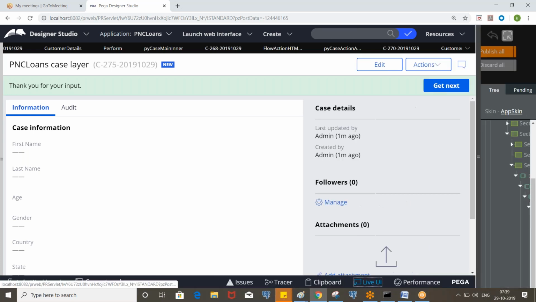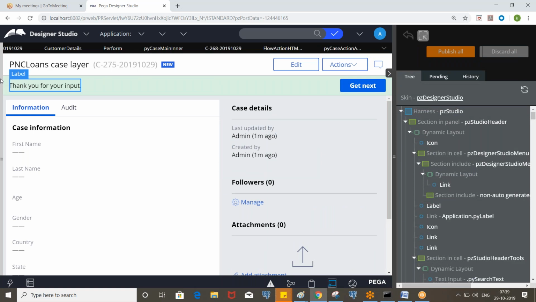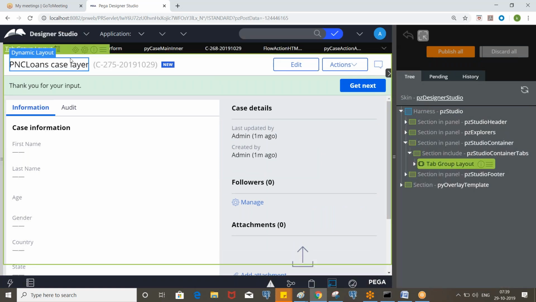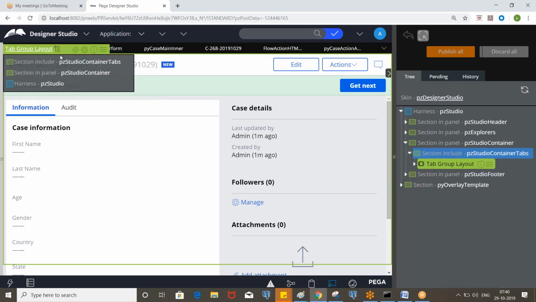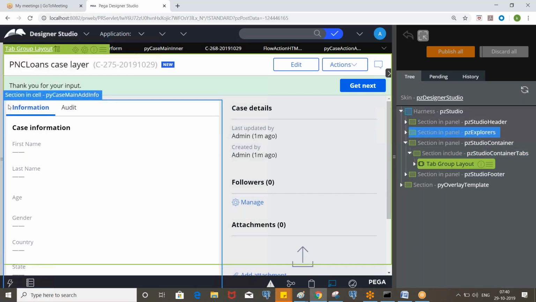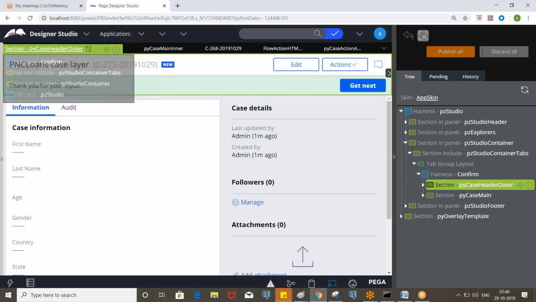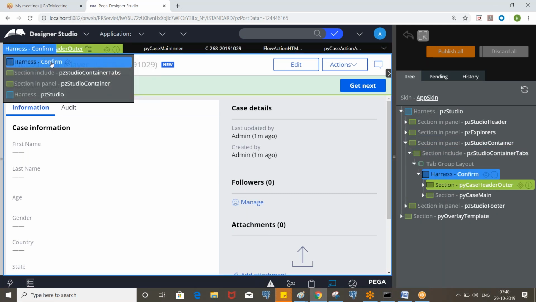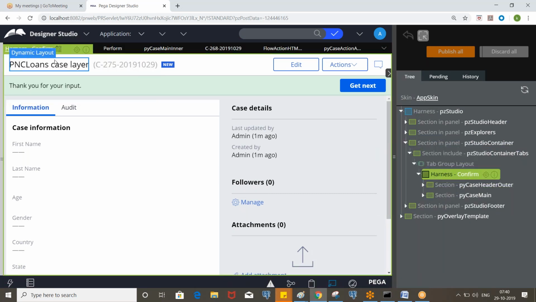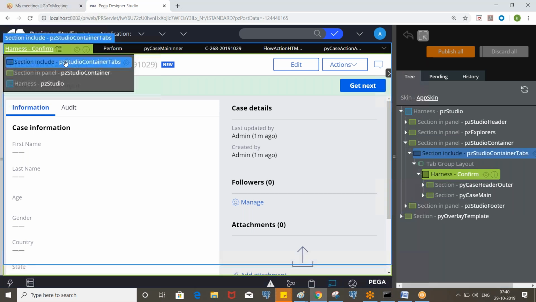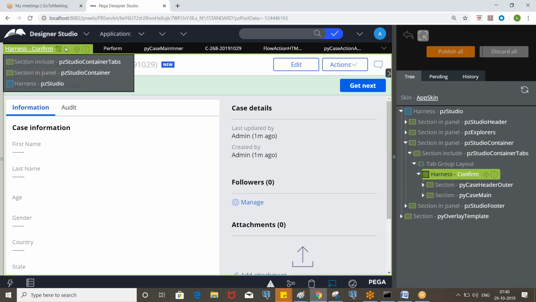Okay, so take the live UI and move the cursor and you will find that. So this is confirm harness. You will see somewhere, right? So this highlighted part is the confirm harness.